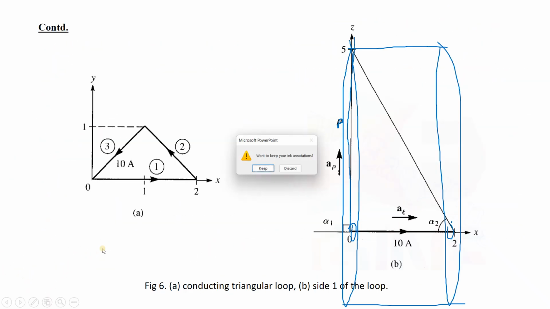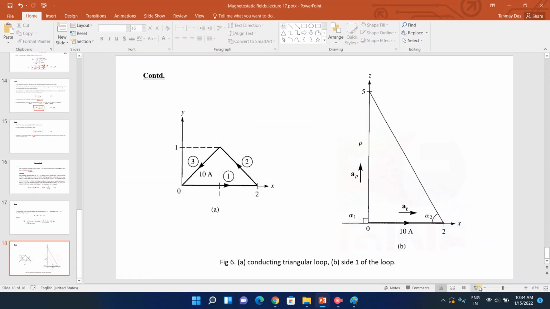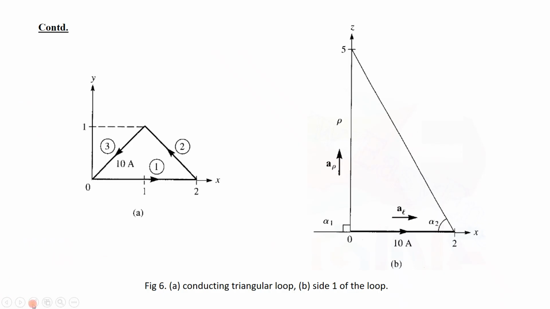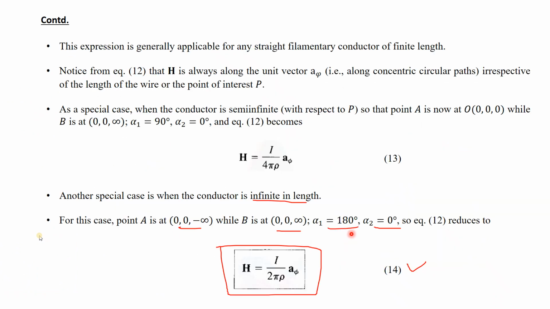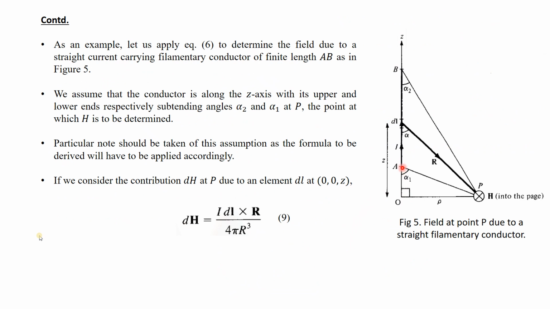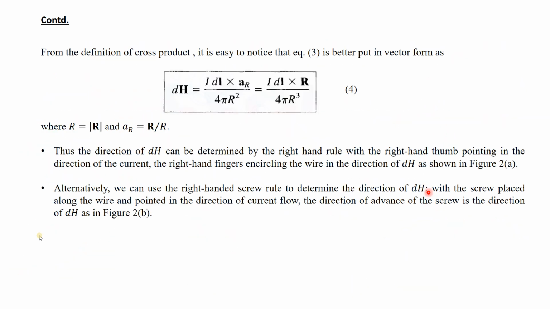That means they are assigned in the same manner here also, like this. If I remove this part, you can see here also alpha 1, alpha 2 are assigned in the same manner. पहले फिगर में क्या था, हम वापस जाते हैं, नीचे वाले जो पॉइंट था वहां से h का जो डिस्टेंस एंगल है, h को किस एंगल से वो रिप्रेजेंट कर रहा था, वो है अल्फा 1, और एंड पॉइंट से h का जो पॉइंट है वो किस एंगल से पॉइंट कर रहा था, वो है अल्फा 2।